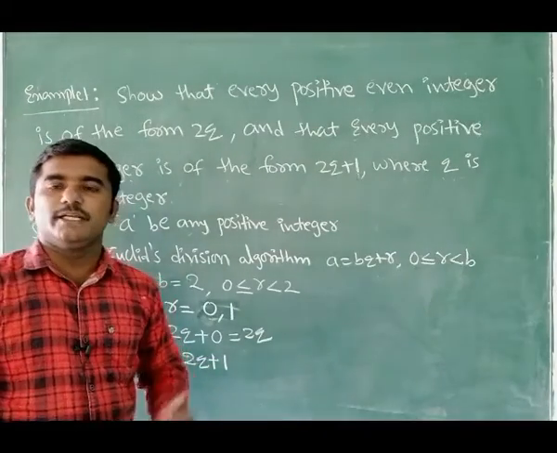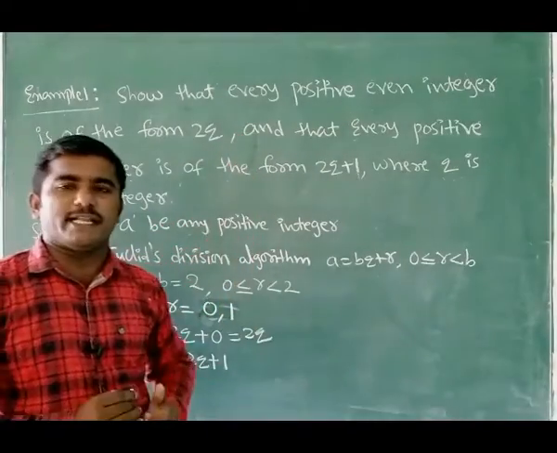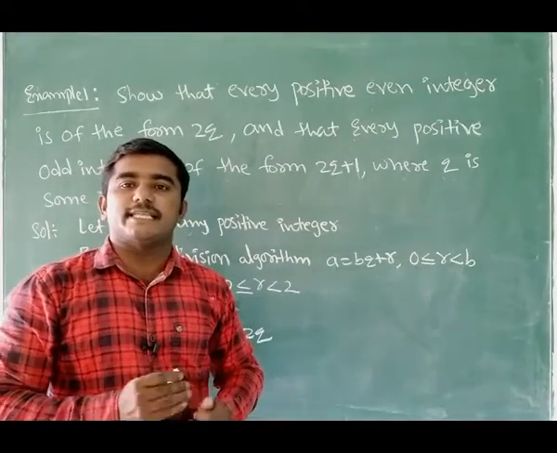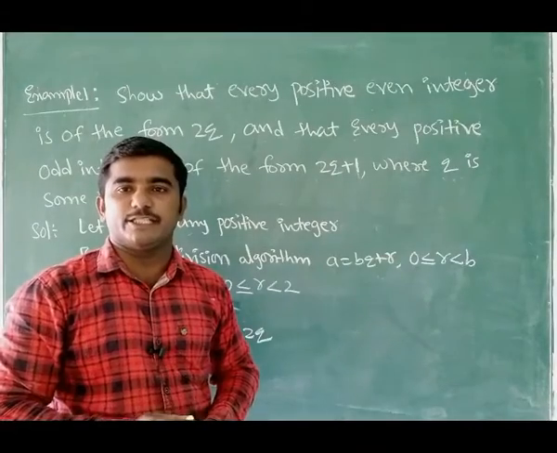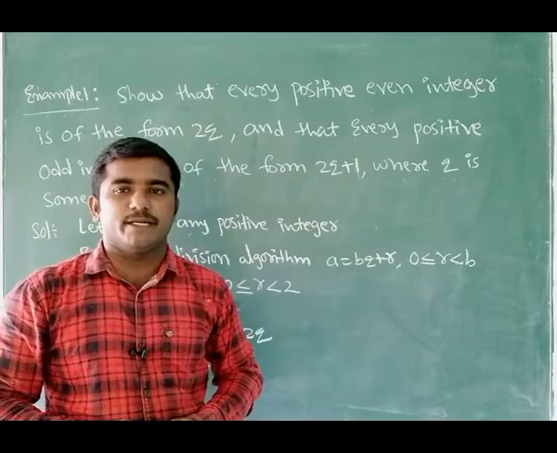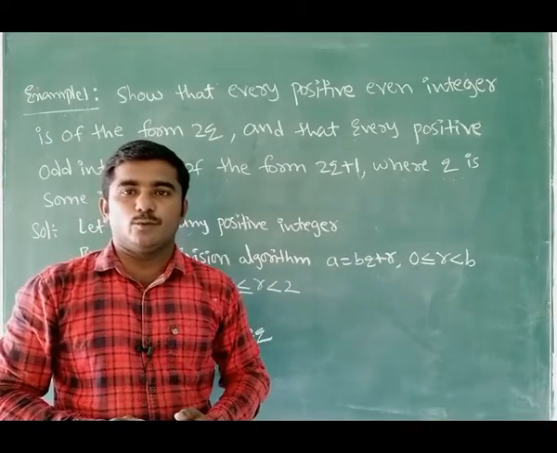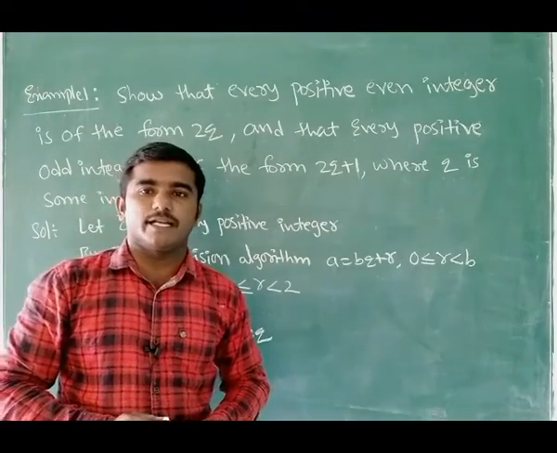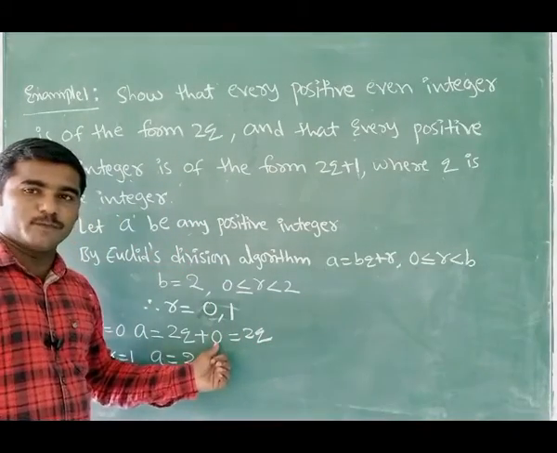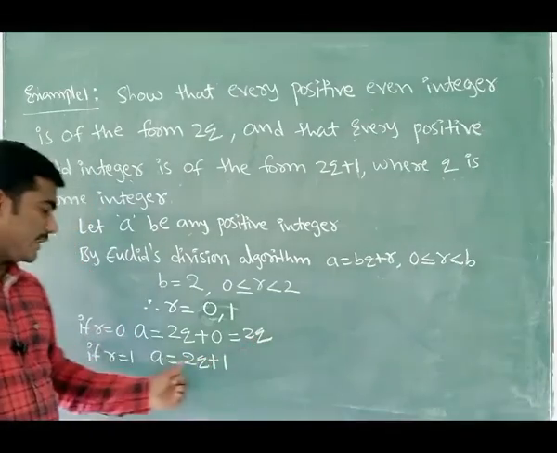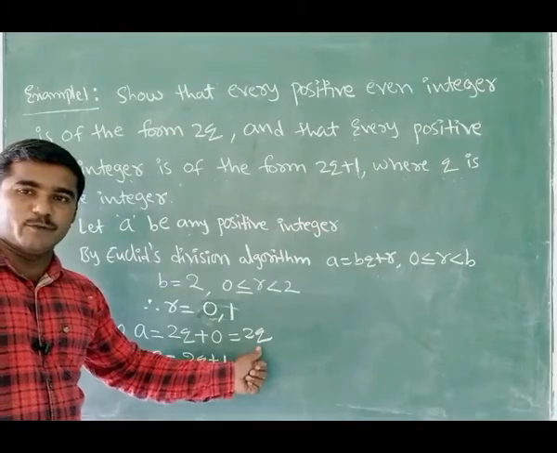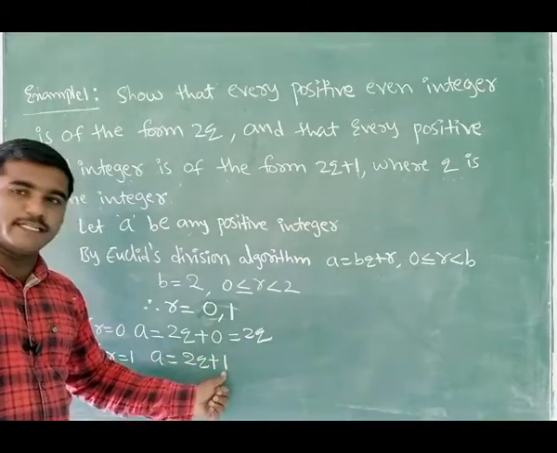Now what we have to prove? It is in the form of odd number and even number. What is odd number and even number? Even number is nothing but a number which is exactly divisible by 2. If the remainder is 0 when a number is divided by 2, that is called an even number. When you divide it by 2, if the remainder is 1, that is called an odd number. Now in this 2q and 2q plus 1, here 2q remainder is 0, so it is an even number. Here 2q plus 1, remainder is 1. Remainder 0 means it is even integer, remainder 1 it is odd integer.